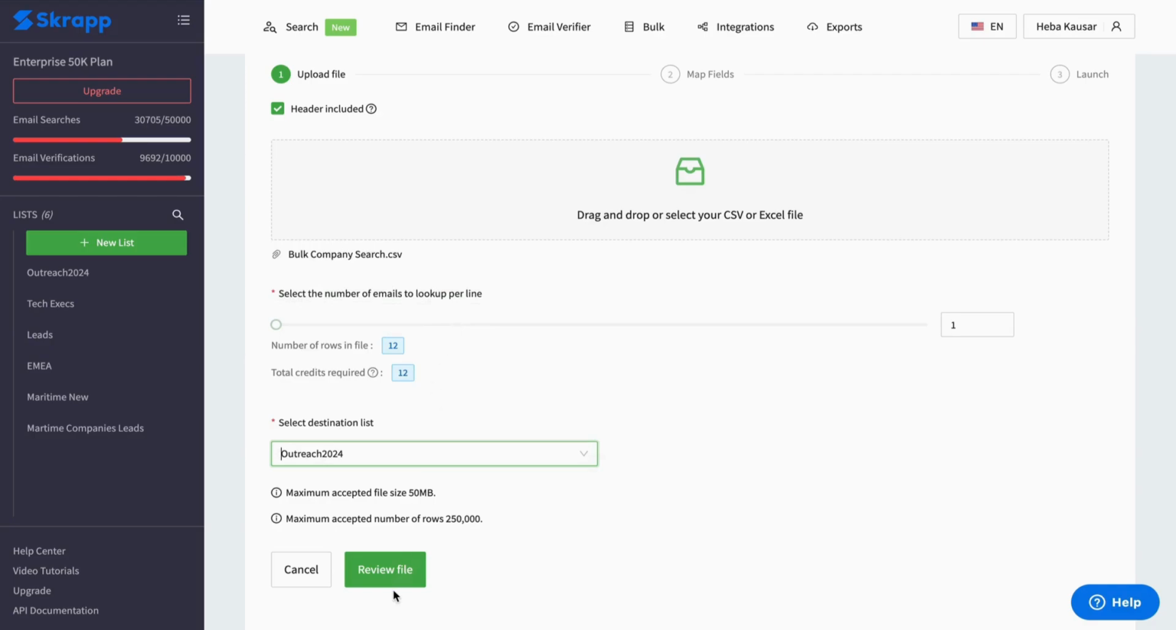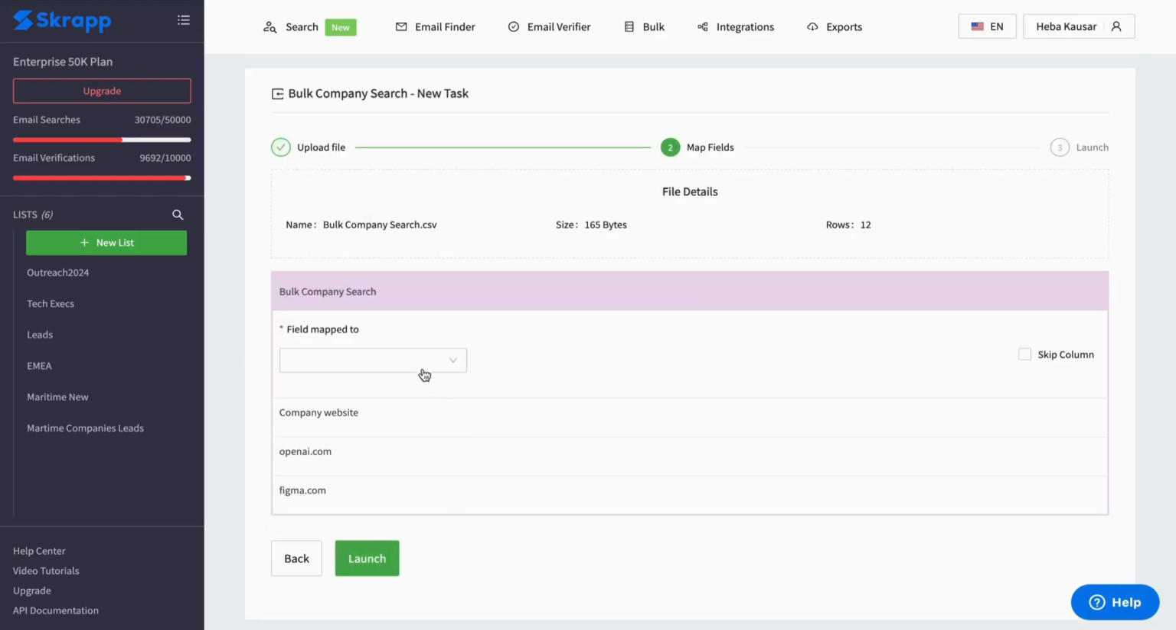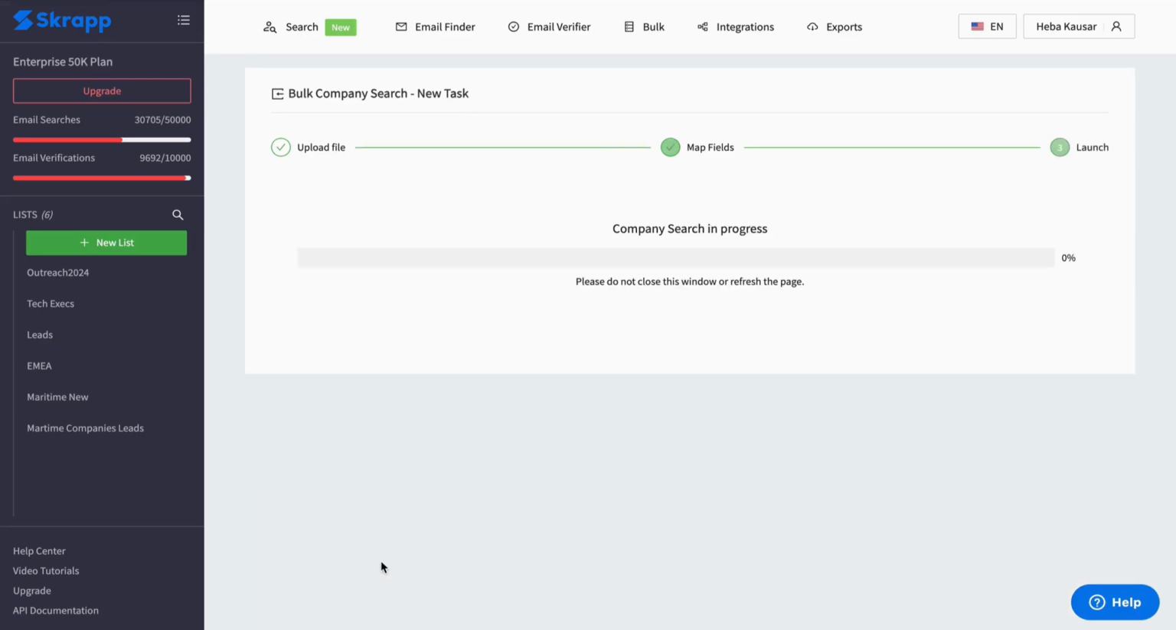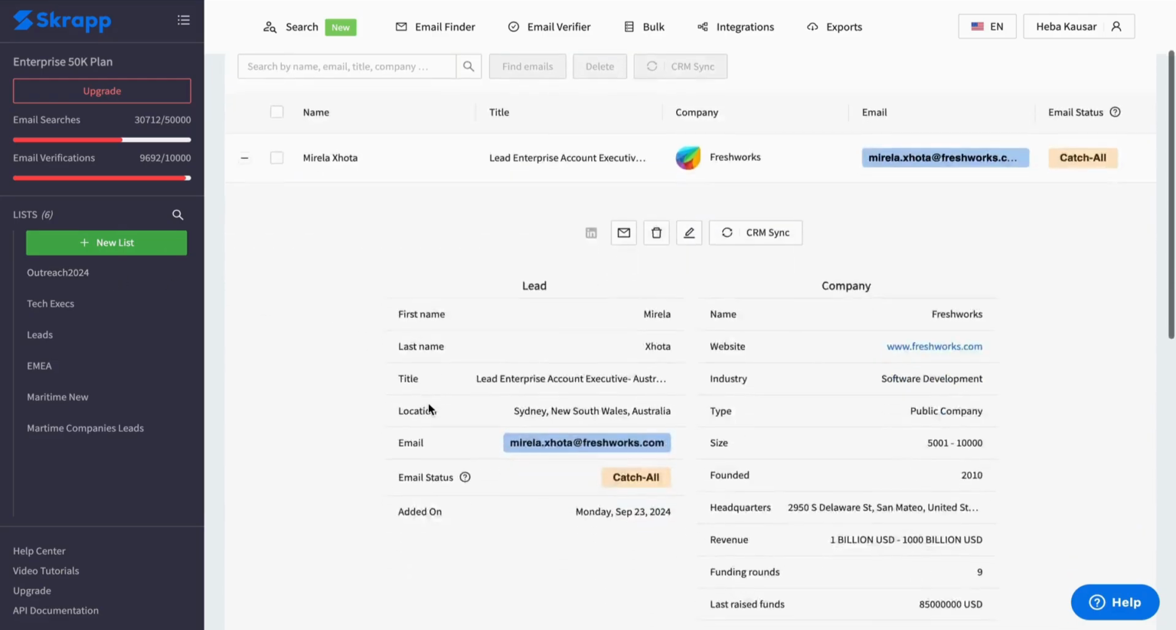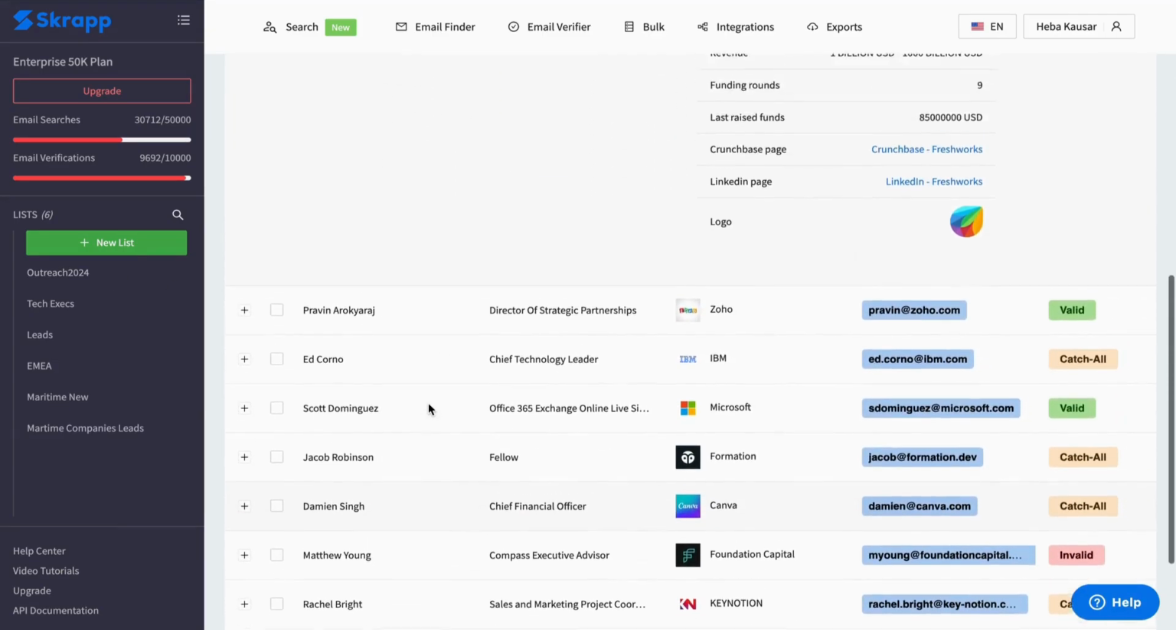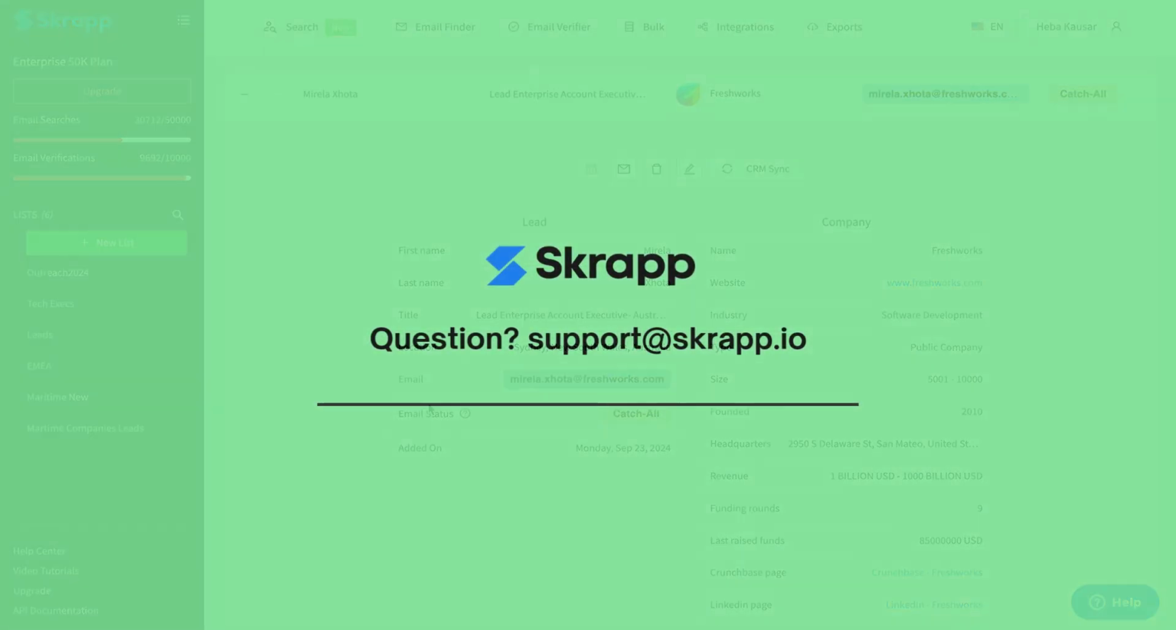This ensures that your output data is organized correctly with the right information under the right columns. Once everything is mapped, click Launch to start the bulk enrichment process. This method is especially useful if you already have a curated list of companies and need to find professionals at